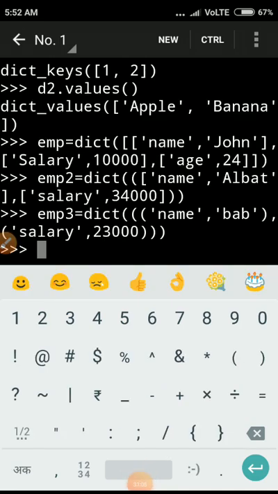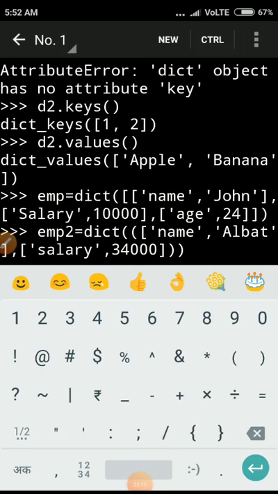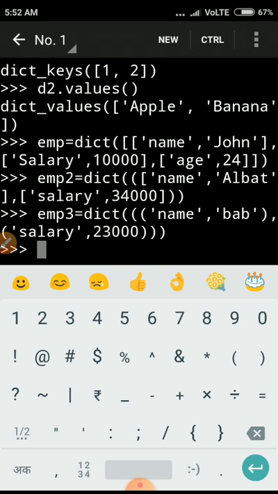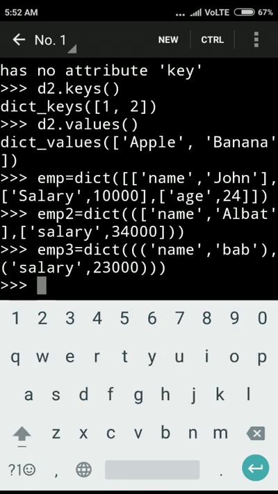Now I will show you how to create the dictionary in different ways. Previously I showed you how to access the keys and values from the dictionary. There are three different ways I am using here to create the dictionary. First one is emp, then we use the keyword dict. It instructs Python to create a dictionary.